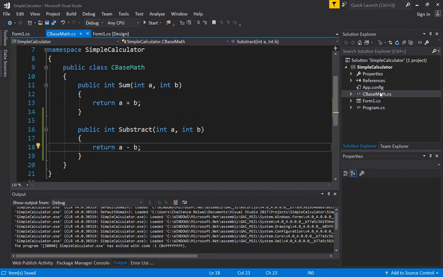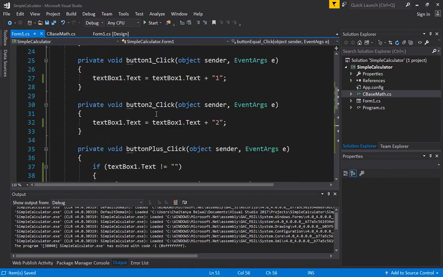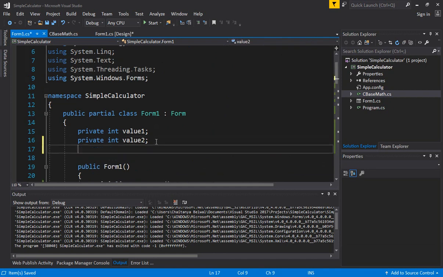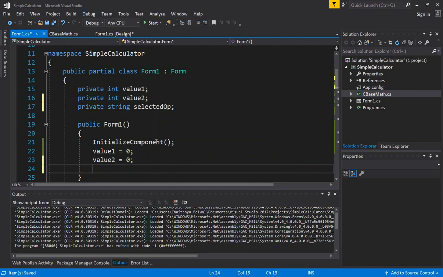and then we need to go back to the form code, and every time plus or minus is pressed, we need to actually store what operation was pressed. So let's call it private string, or you can even use integers here, but let's call it selected operator, and let's initialize the string. That's always a good habit